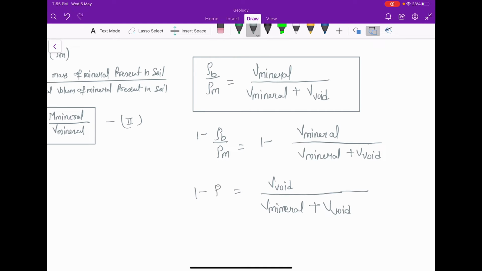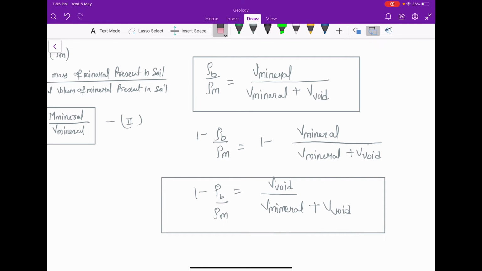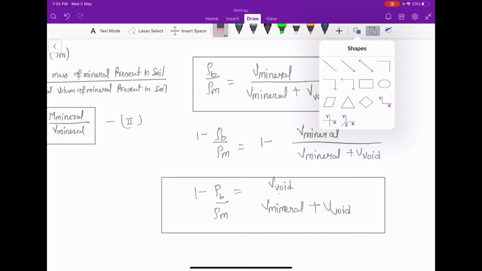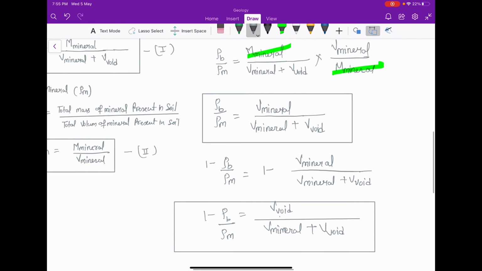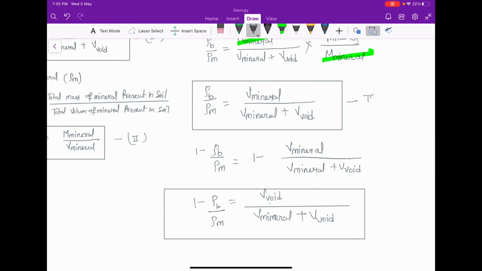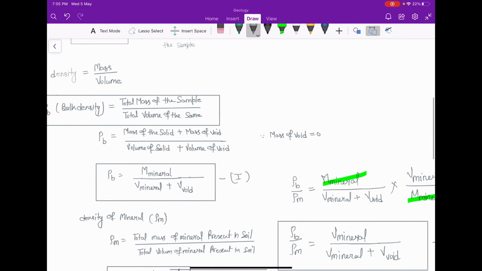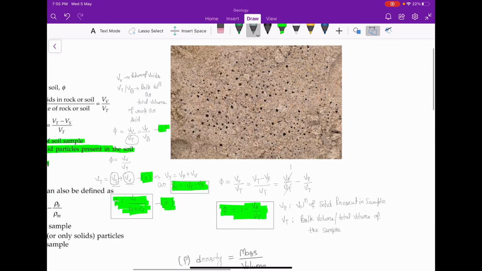So 1 minus rho b divided by rho m will be volume of void divided by volume of mineral plus volume of void. So this is equation number 3. This is equation number 4. So all these 4 equations we will get, but